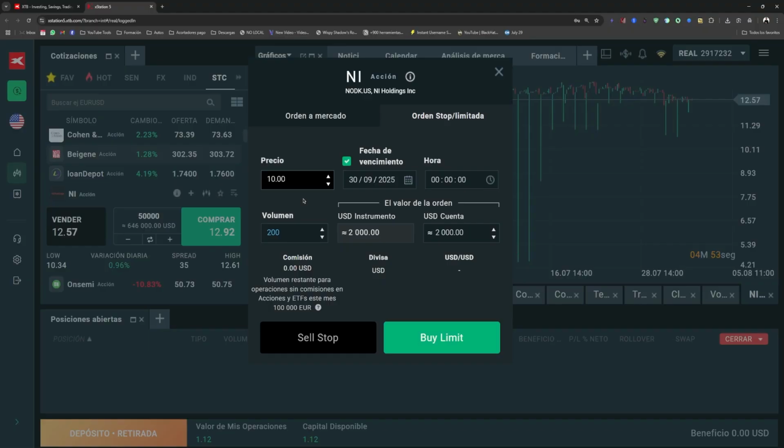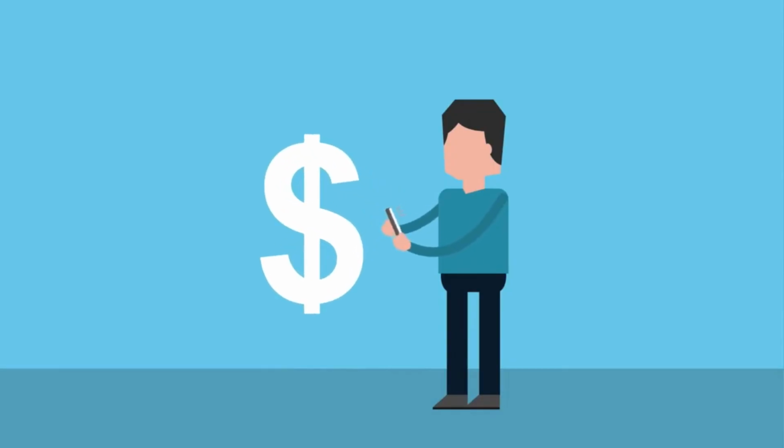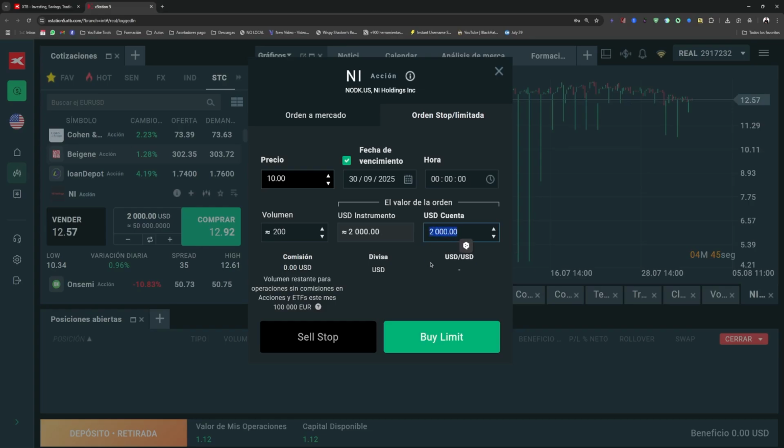Once we establish it to the desired amount, we proceed to the subsequent step, which involves the sum of money we are going to pay, which in this scenario is the $2,000 that is displayed here. This is the amount that will be deducted from our account, and we simply click here to purchase at the limit price that we have established, and then the order is sent to the market and is executed when the